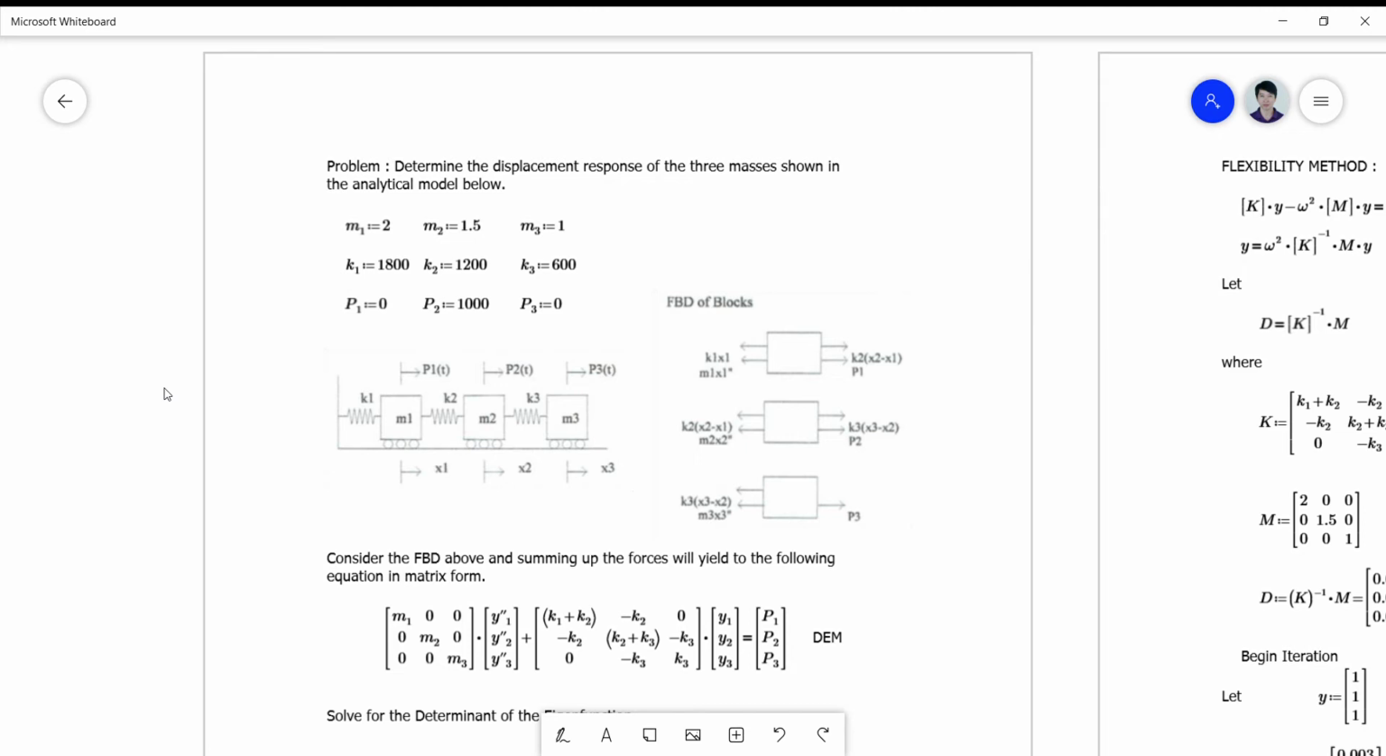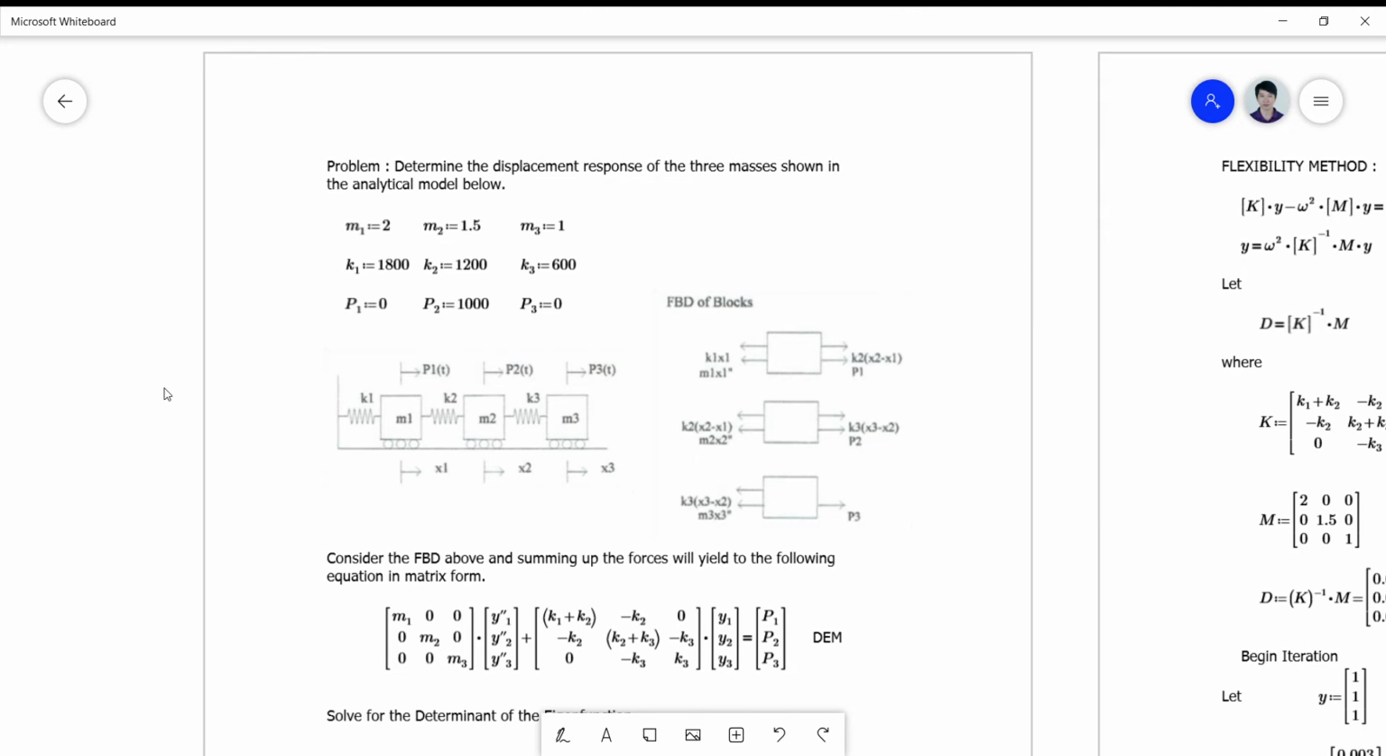There's no damper involved. So we are tasked to determine the response of the three masses considering the given parameters. But before we can do the response analysis, we have to first know and determine the natural frequency of vibration using several techniques that are